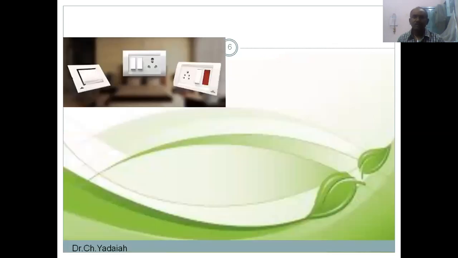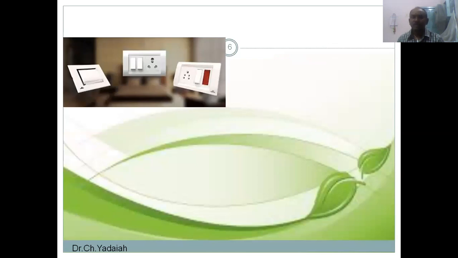Now, we can observe these are the switches. These are lighting load switches, and this is another, the power load switches. The flush type of switches, based on the different types of switches, whether it's a single pole, 2 pole, triple pole, or 4 pole, have different applications based on the materials and the requirement. The switches are classified based on requirement.